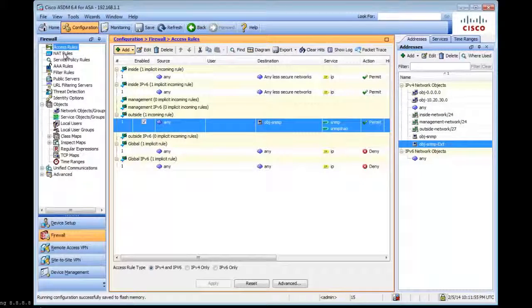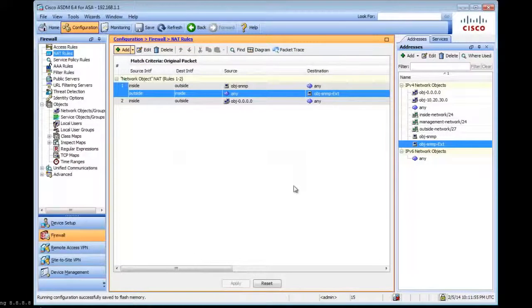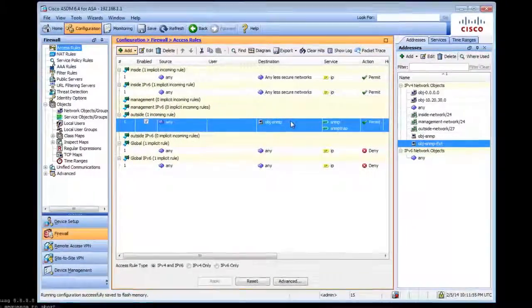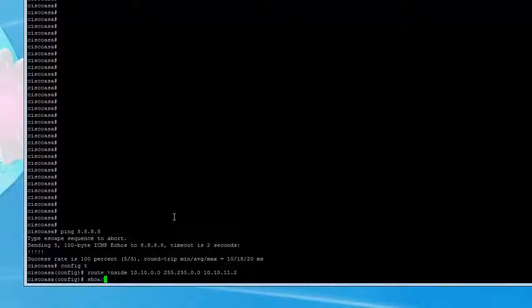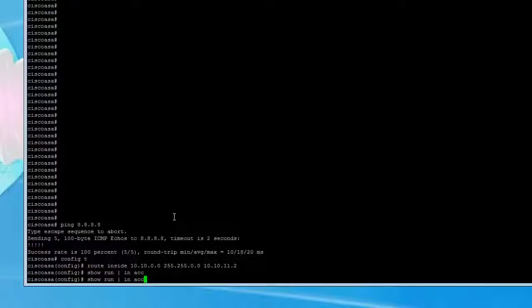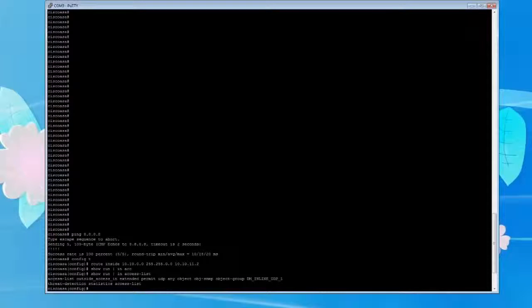So if I click on my NAT statement, here's my NAT statement, and here's my access rule. The way it translated everything on the back end is, if we type in show run include access-list. So as you can see in the background, it created an access list called access-list outside_access_in. It's extended. It's permitting UDP traffic on anything from anything, and it's going to the object SNMP, and the